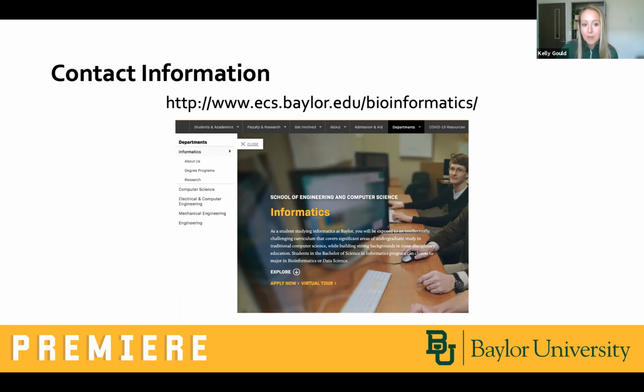Dr. Benton, will there be research opportunities available during our time in the bioinformatics track? Yes, I know that Dr. Baker also works with undergraduate students, but speaking for myself, I started this year as a professor, and so I'm still actively recruiting both undergraduate and graduate students to do research, and I expect that to continue. There's always problems to solve, and I'm always looking for people who are excited to jump in and help out.